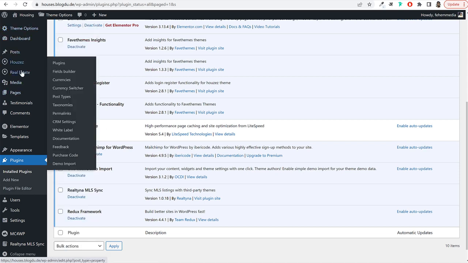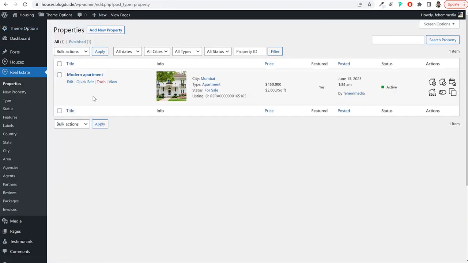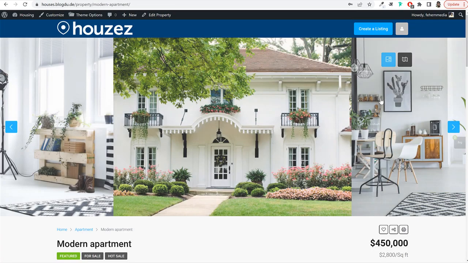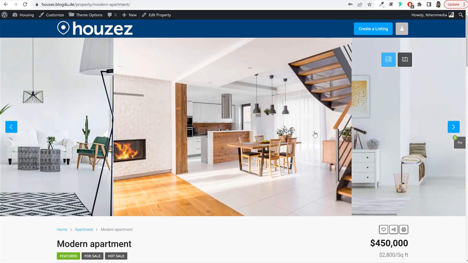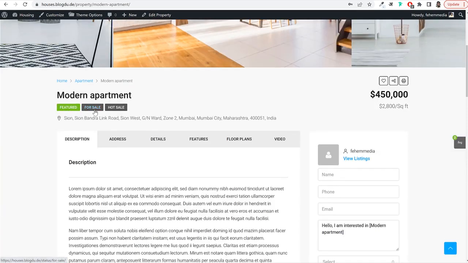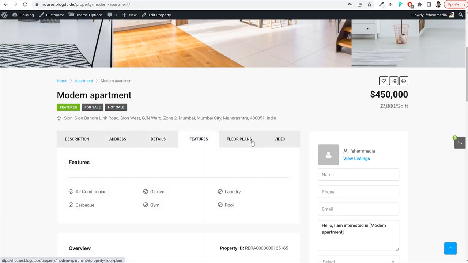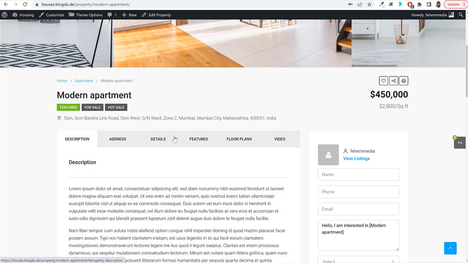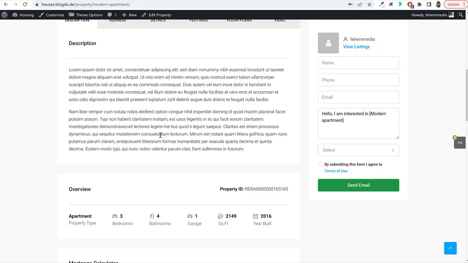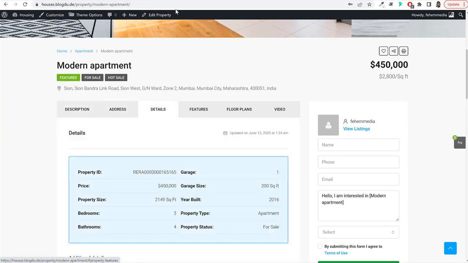Okay. So let me again go back to properties, view the property, and you can see this is how it is looking. Okay. You have the gallery. We have all this featured for sale. This is tabs option that we selected. Okay. If you don't select the tabs option, if you just keep it at simple instead of, for example, let me edit the property